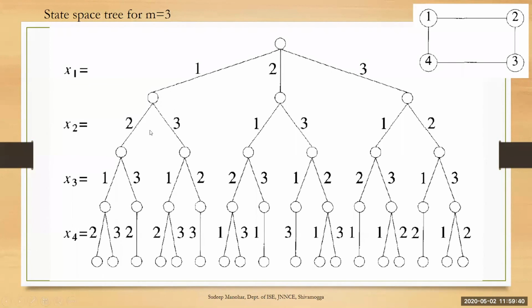You're not supposed to write the whole tree like this. Always start from the root node. First write the root, it's the initial step. For this graph you are considering the value of m equal to 3. It means that at maximum you can take 3 colors and not more than 3 colors. If you are able to find a solution for this, then you have to write the solutions. Otherwise you have to give the conclusion that this graph cannot be colored by using 3 colors.